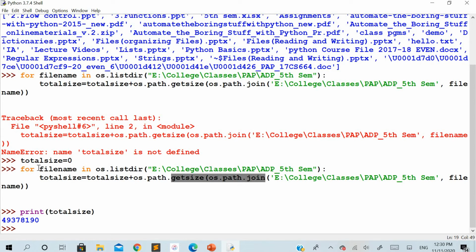Like this, whenever it crosses each iteration, it is going to go through all the contents over there. So at the end, this variable is going to contain the total size of all the files together from this folder here. At the end, if you print the value, you can see this is the value in terms of bytes, containing the total size of all the contents from this folder over there.